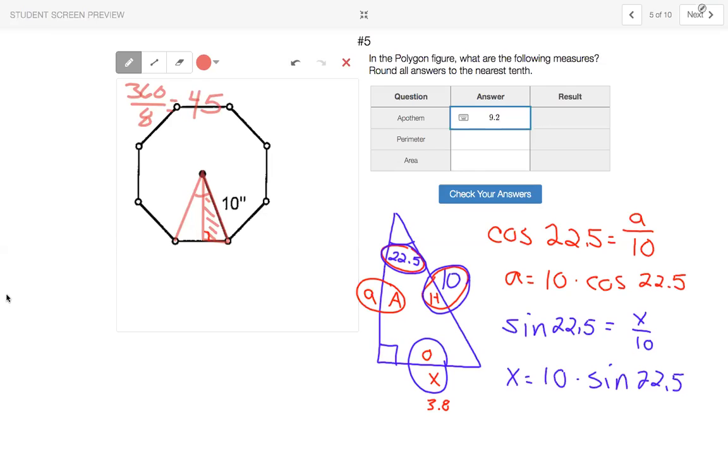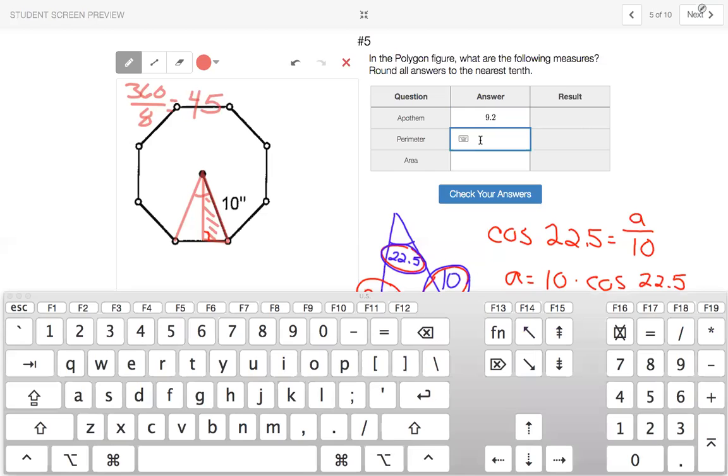So full size 7.6. There's 8 sides. Times 8 is 60.8. Right? That'd be my perimeter. Let's put that in there. I'm going to show you guys how there's basically a couple of different answers here. 60.8. All right, now to find my area,